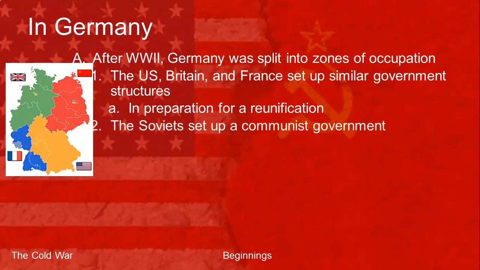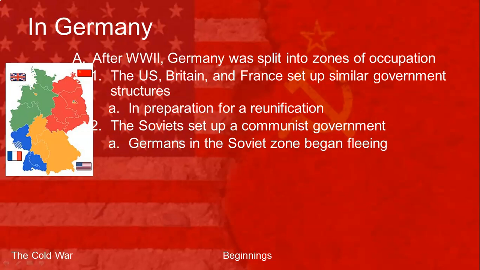Now, the Soviet Union, of course, set up a communist government in their zone of occupation. The plan for Germany was eventually we would allow the people to vote and ask them basically, which government do you want to live under? Now, because most of the German people are living over here in this western zone that has this kind of government, theoretically that government is going to win. In fact, it probably on the balance would have, especially when you consider that the Germans that were over here in the Soviet zone start leaving. They start trying to get to the other zones.